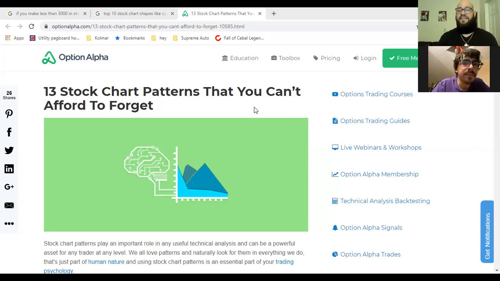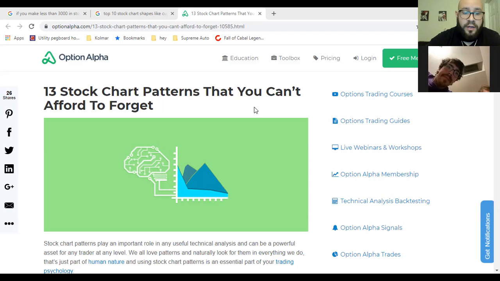Today's lesson is just some basic chart patterns that you're able to detect while scanning through the market throughout the day. Matt raised the question we were talking about in our group about cup and handle, and I thought today would be a great day to go over some basic chart patterns that you